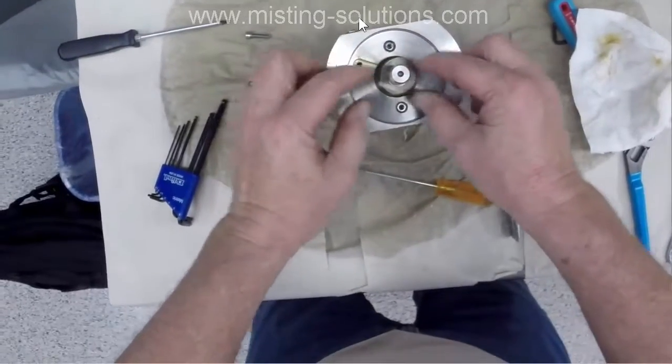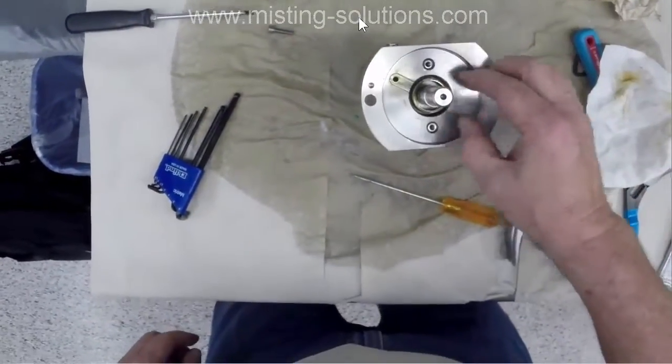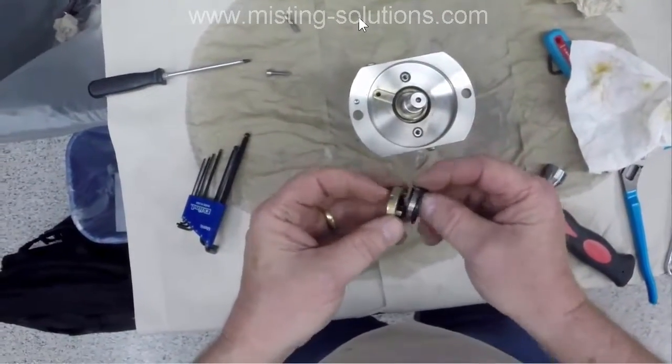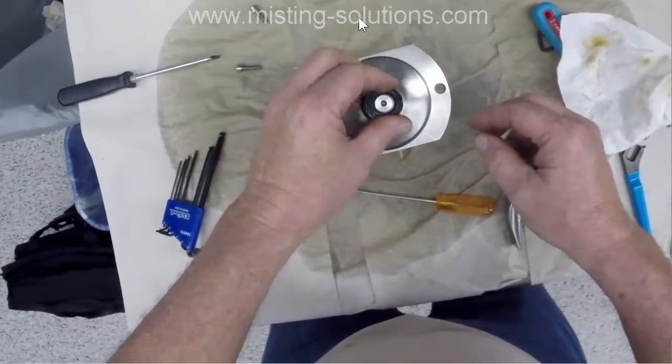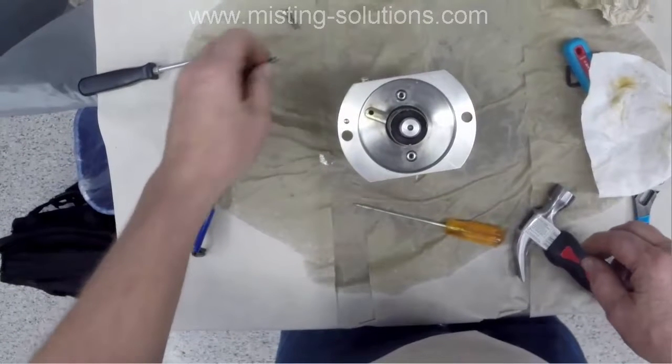Now this washer for the spring goes in there. I'll put the spring back in there. And then I'm just going to take these 2 pieces and set them in there on top, because they have to be assembled. You know, those 2 pieces that you just saw,